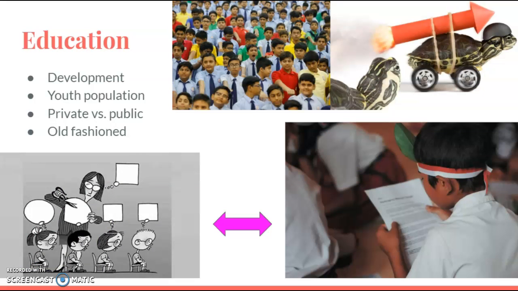Education. As India is developing at a rapid level, properly educating the youth is essential. This is especially because of the young adults and children that make up a massive amount of the population. In fact, India has the largest youth population in the world. 600 million people are below 25 years old, and 28% of the population are less than 14 years of age. With so many young people, India can undergo a massive growth in economy and wealth, but only if they manage to properly educate the many youngsters.